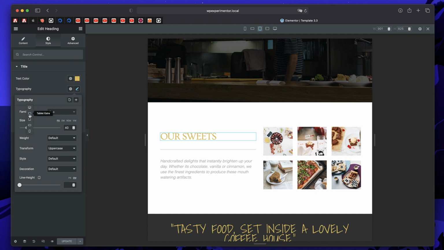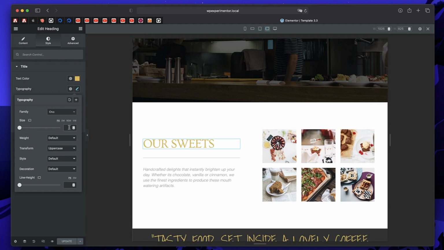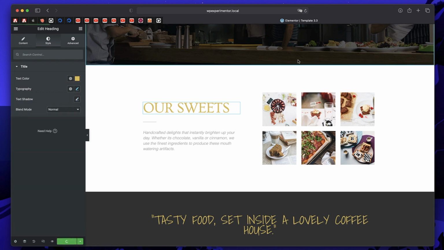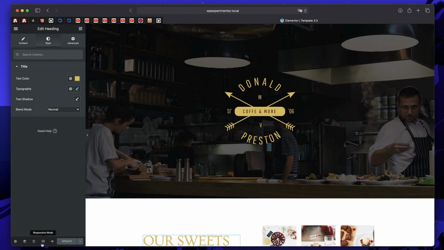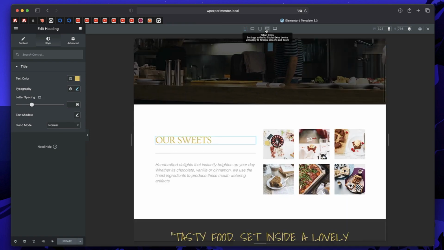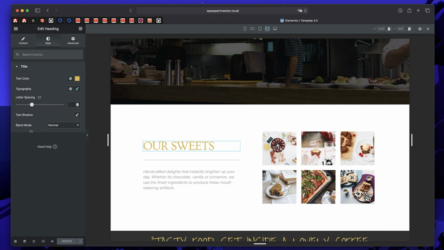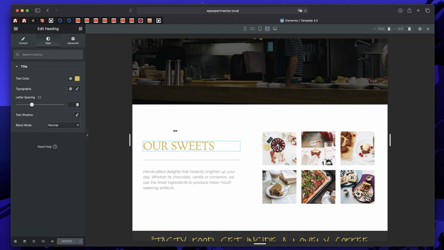I'll just click here, go to tablet extra. I'll have 50 pixels. And for a desktop, let's have 60 pixels. That way we can differentiate it better, right? Now again, when I say tablet extra, you can click on the tablet extra mode, and the minimum width is 1025 pixels. And these are width based breakpoints, right? So anything with at least 1025 pixels and at max 1200 pixels will fall into the tablet extra view.